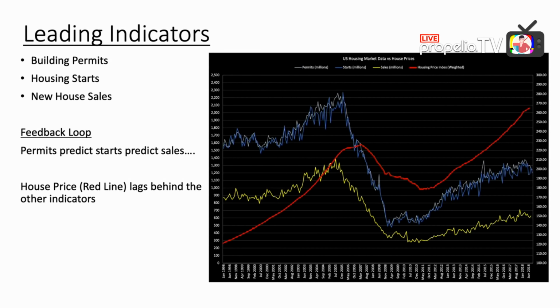Exactly. When any of those three indicators start trending in one direction or another, you're going to see housing price start to stall and follow it. That's what you see in 2007. On this graph, the really big crash was before October 8th, 2008. If you had started at the end of 2006, it really started to show that building permits started to crash. That's a significant lag right there.